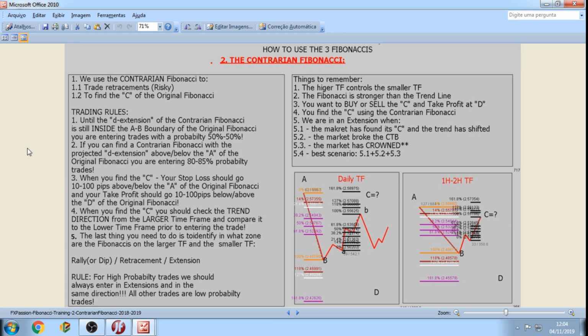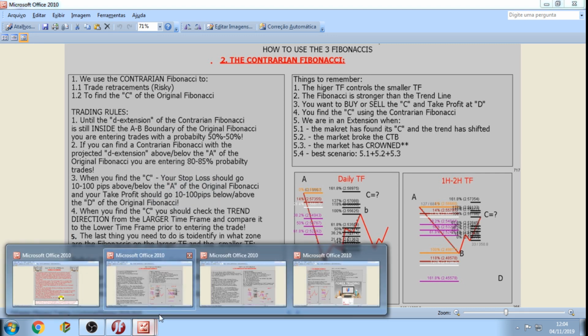When you find the C, you should check the trend direction from the larger time frame and compare it to the lower time frame prior to entering the trade. And the last thing you need to do is to identify in what zone are the Fibonacci's on the larger time frame and on the smaller time frame. So this is the contrarian